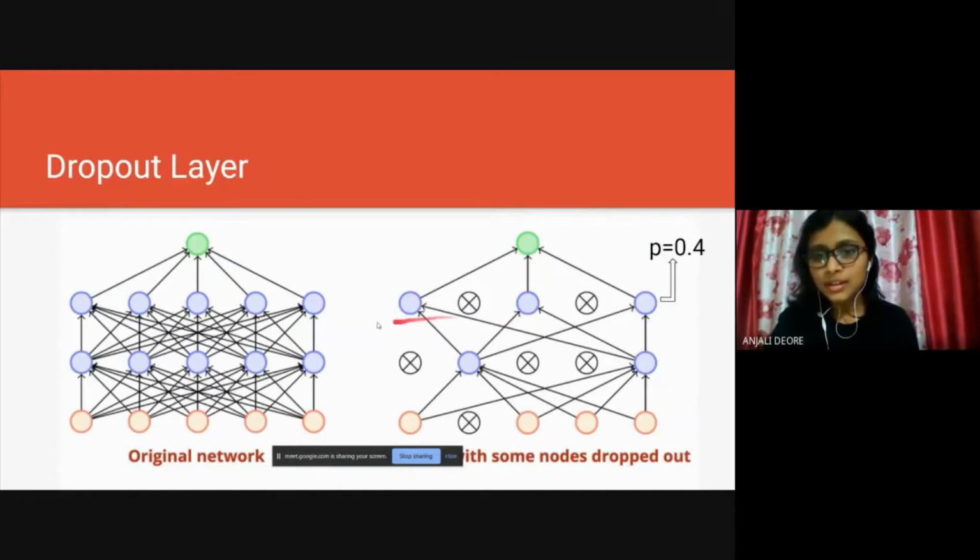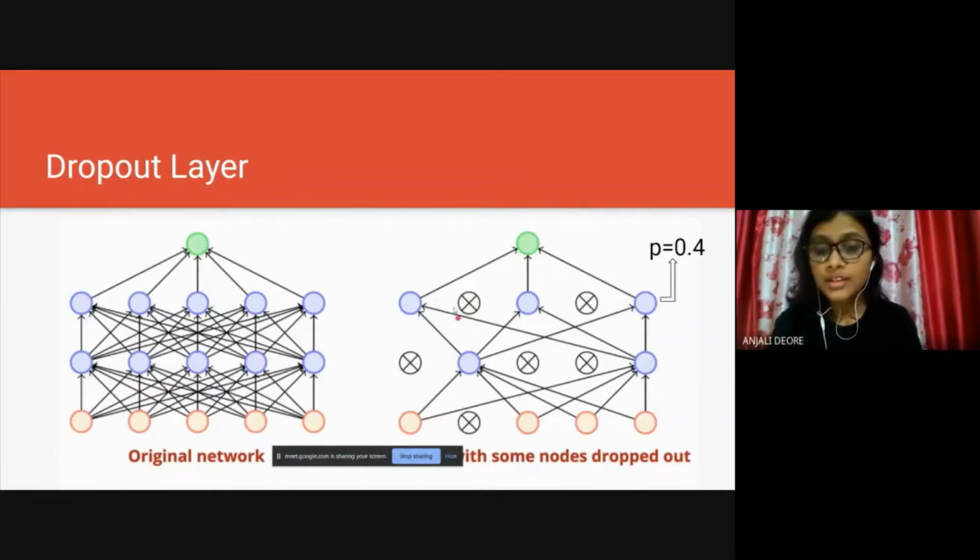As you can see, this is a layer which has 5 neurons, and you can see 2 neurons are dropped out. What does this indicate? It indicates that the features this neuron was supposed to extract would not get extracted, and the weights which are applied to these neurons will get equally distributed to the rest of the neurons which are activated. Now the question arises whether this neuron would be dropped out in the next iteration as well.